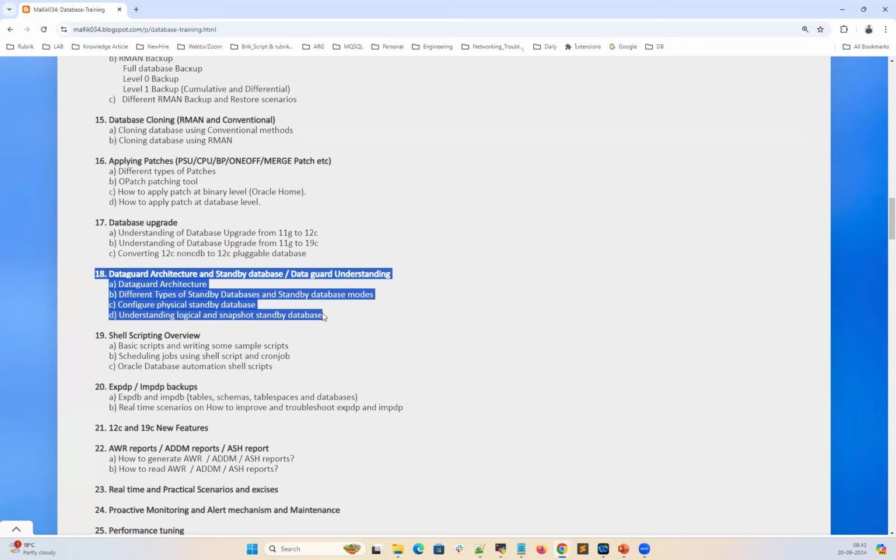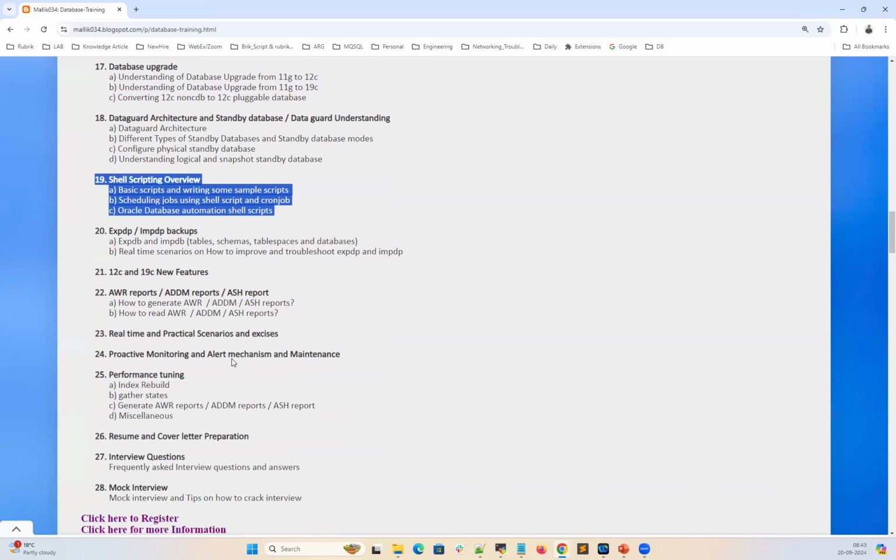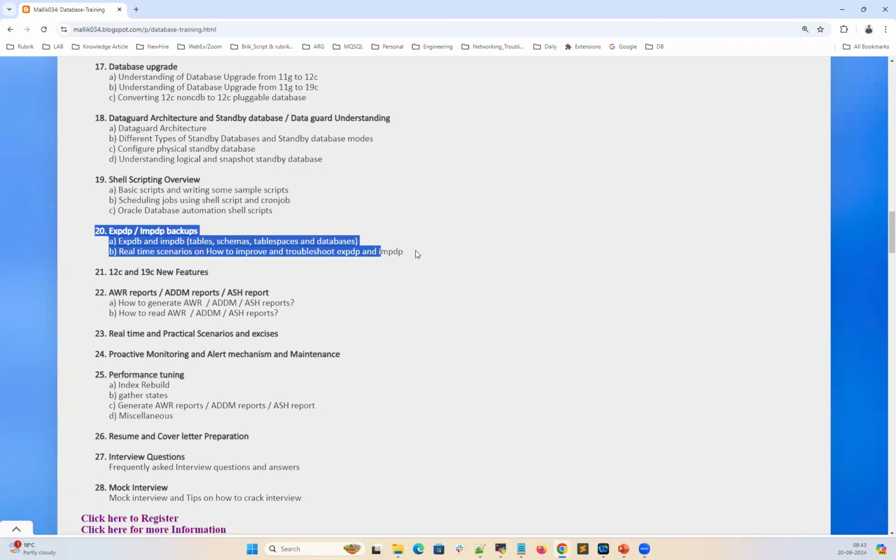And database upgrades, various methods of database upgrade, and your Data Guard architecture, the standby database, the switchover, failover, and your DR drill. And if your FRA is full, what can you do? If your DR is out of sync, what can you do? Different types of standby database, different modes of standby database, and some basics of shell scripting and automation and scheduling them via cron job, and export and import, export of your table, schema, tablespace, and database, how you can improve your export and import performance,